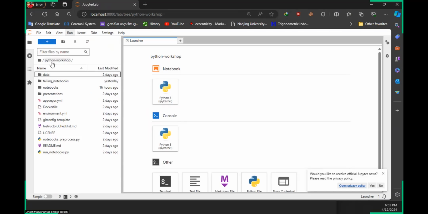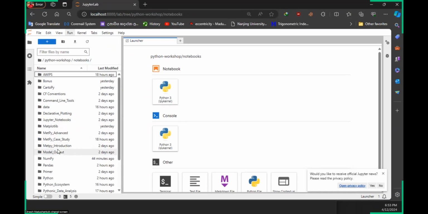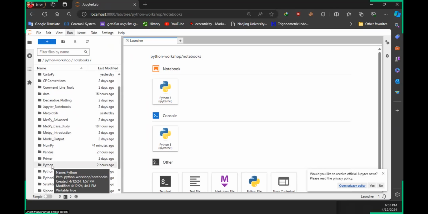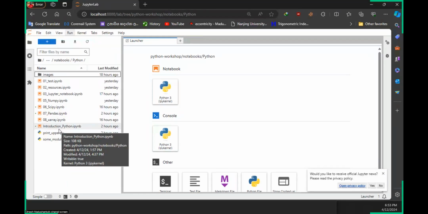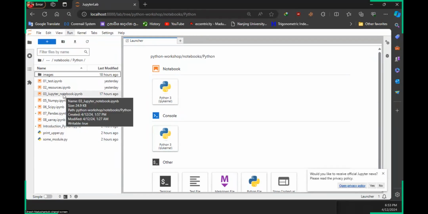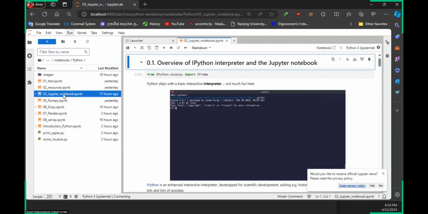Now you will see Python workshop. Inside there you will see notebooks. You have to double click on notebooks, and there you will see a folder named Python. You can click here. Inside Python, you will see two files, Introduction to Python and Jupyter notebook. So you can open both of these files. I will open Jupyter notebook. What I have to do is double click on that file. So it will open my Jupyter notebook